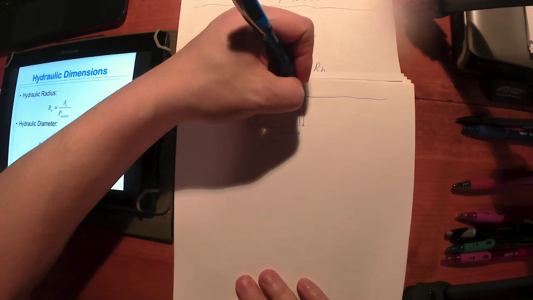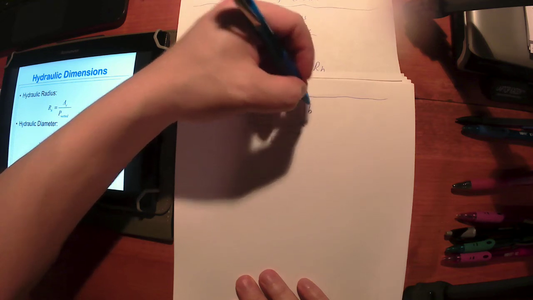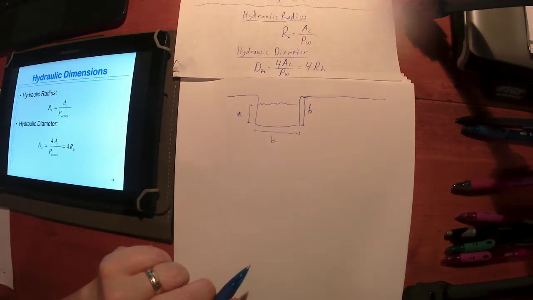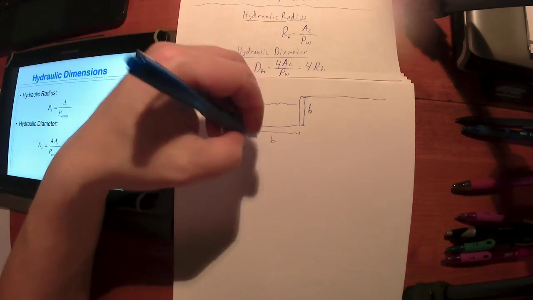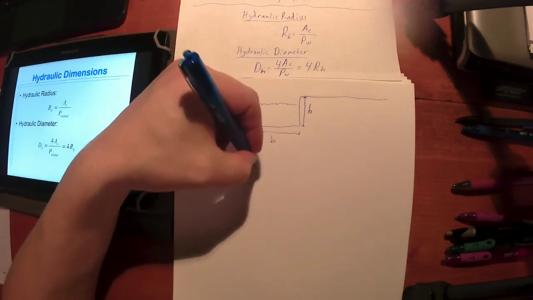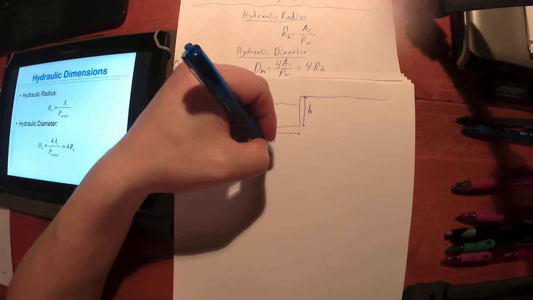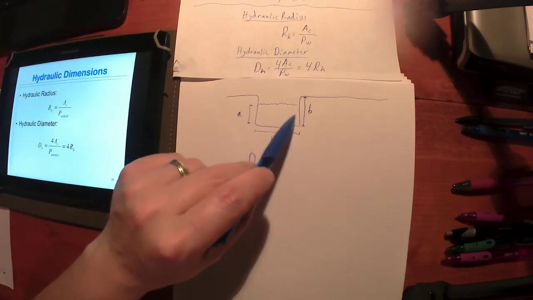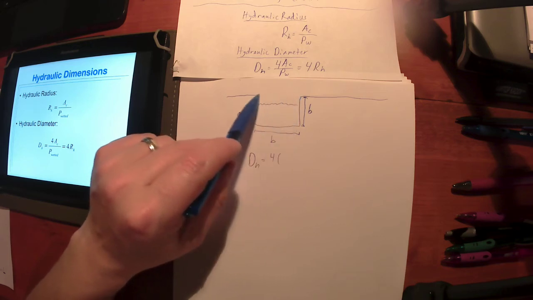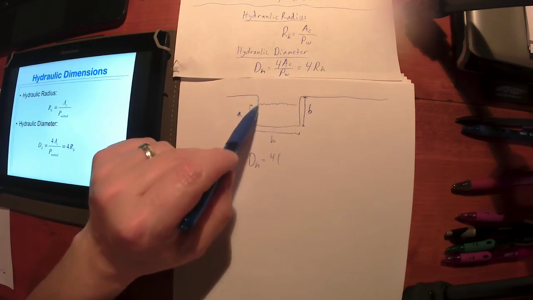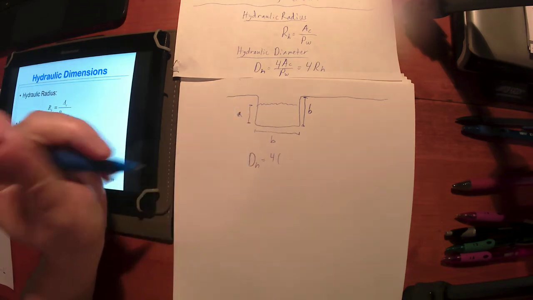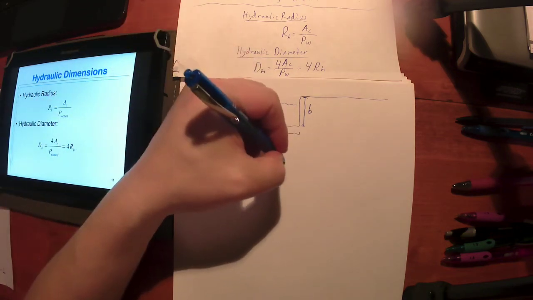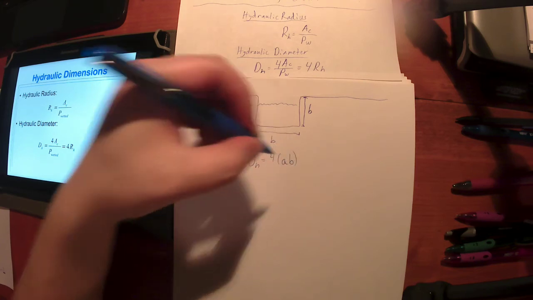And this is length B all the way up to the top. So the hydraulic diameter is going to be 4 times the cross-sectional area. Now that is the area of the fluid. Notice if it's all the way full, it's up here at B, but it's not. It's only up here to A. So the cross-sectional area is going to be A times B,